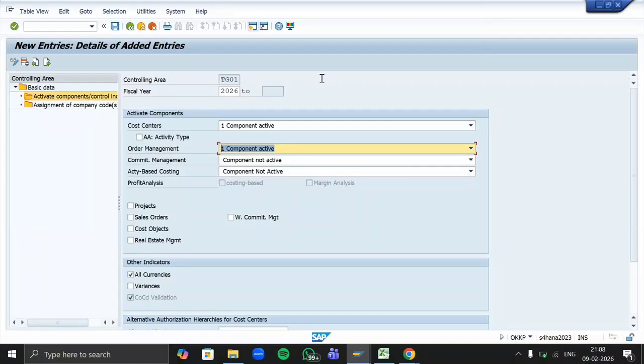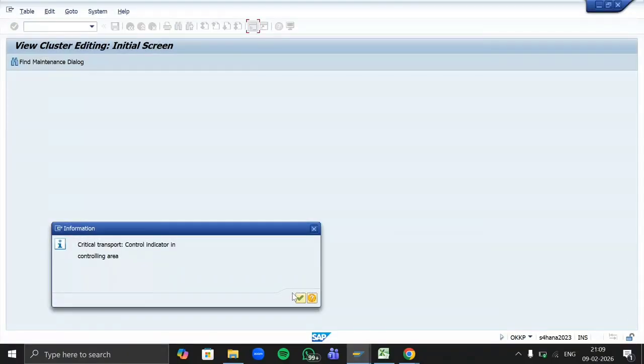It will be 2025. If you are using K4 variant, where January to December is there, right? So at that time you can mention fiscal year 2026, because the starting of your financial year is in the year 2026. But here the starting of your financial year is in 2025. So fiscal year will always be the year from which your financial year is starting. And save it. Just click on OK. It's an informative message.